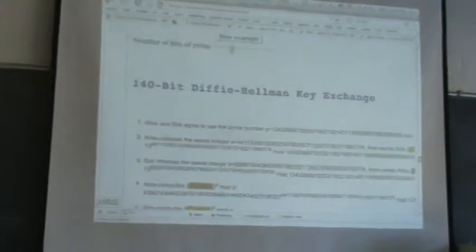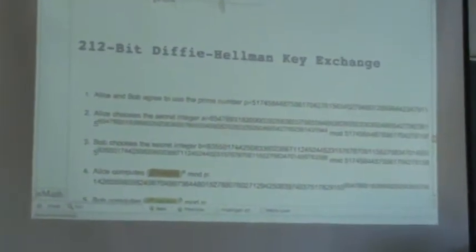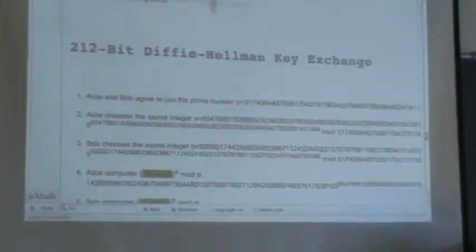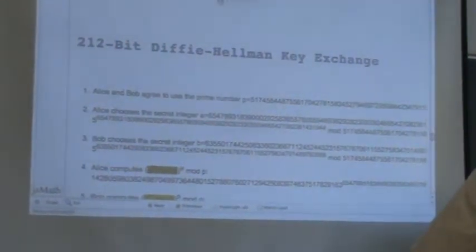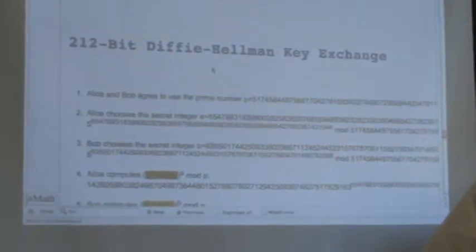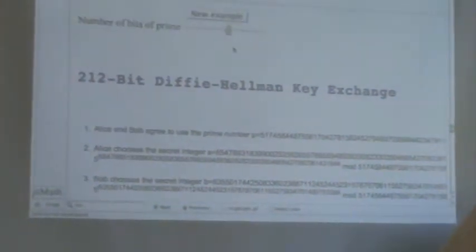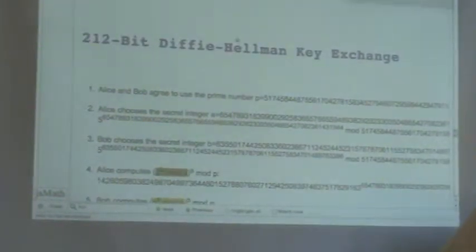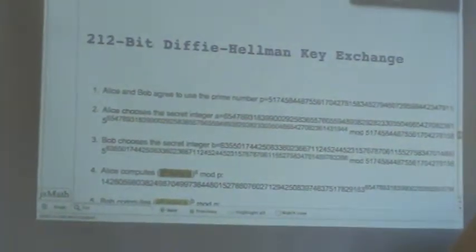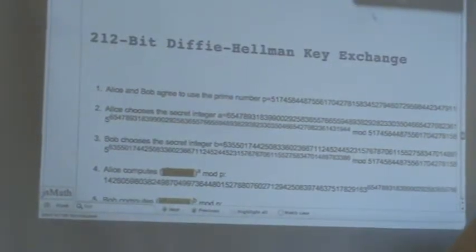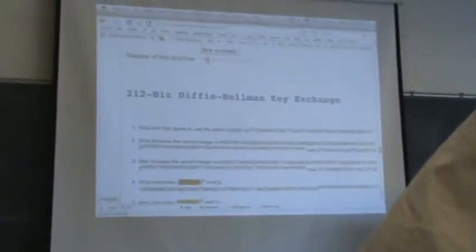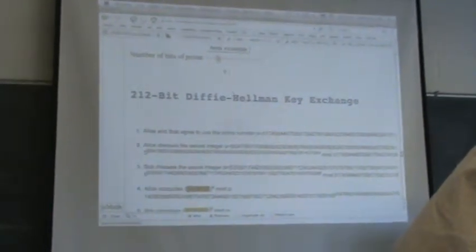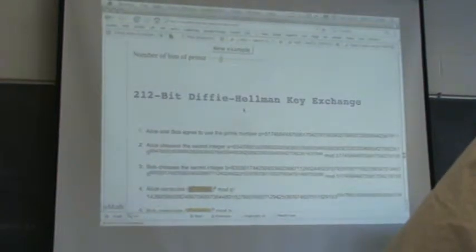And in Sage, you can really generate quite big examples of this pretty quickly. So just as I'm doing this in real time, it's running through the entire protocol. Wow, it suddenly got slow at that size. How did that get slow? 212 it did instantly. That's disturbing. Still doing that previous example.